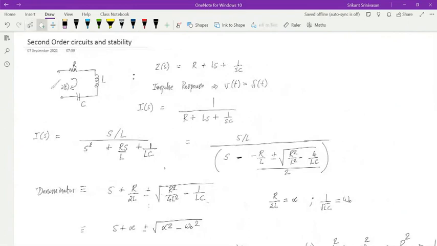So if I just give some input, then because there is no resistance over here, the current will keep oscillating. And the reason for that we already know. In one cycle, the capacitor gets charged. In the second cycle, the capacitor is charging the inductor, and then the capacitor gets discharged. Once the capacitor is discharged, the inductor is charged. Then again, due to current continuity, current keeps flowing, and it charges the capacitor. So in that sense, the capacitor and inductor keep charging each other. So that's what is called an LC circuit.